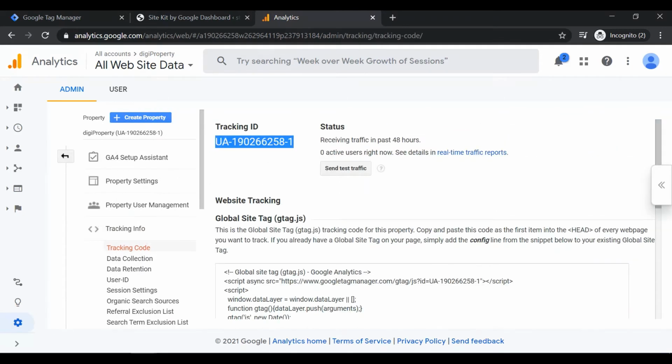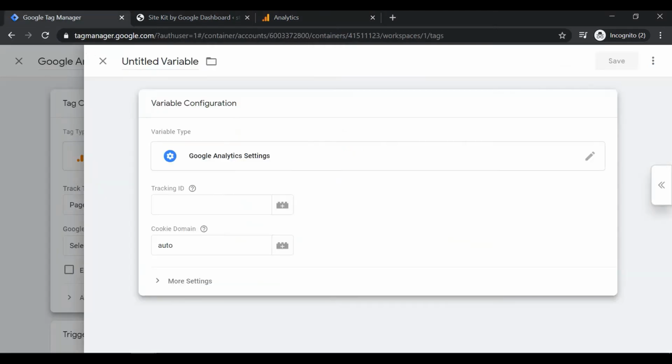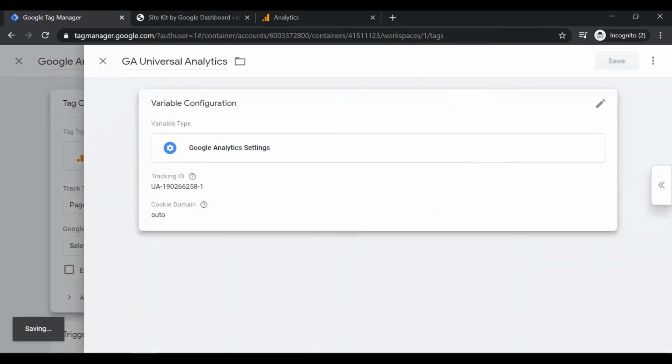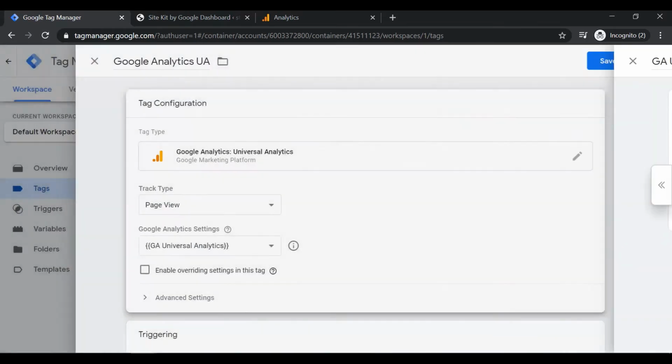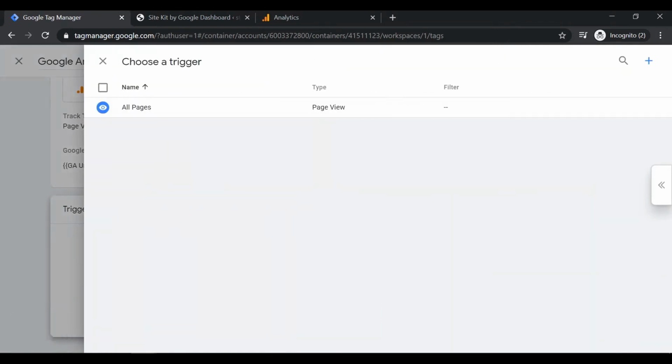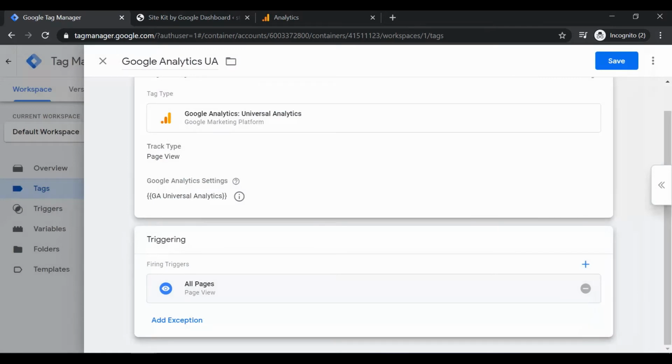Click Tracking Info and then click Tracking Code. Copy the tracking ID. Let's head back to Google Tag Manager. Paste the tracking ID and save the variable. Now we need to add a trigger. Select All Pages trigger and click Save.